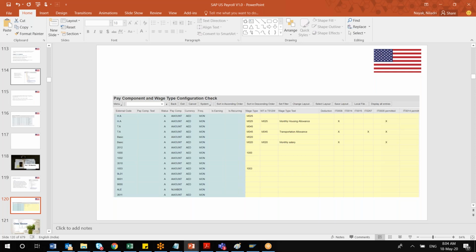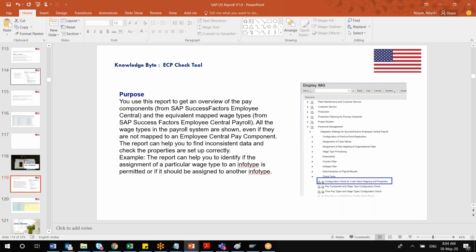Sorry for that, and I acknowledge it. Actually, it is the check tool, which is already available in your SuccessFactors. There is a similar check tool in our on-premise. Today I'll show it towards the end of the session, in the demo, where exactly it is.